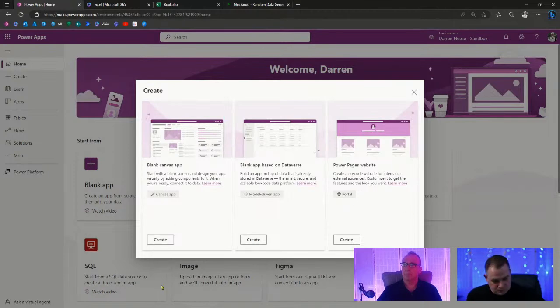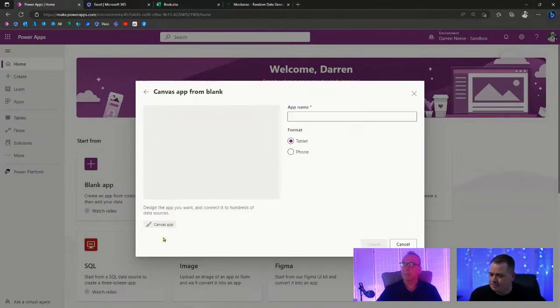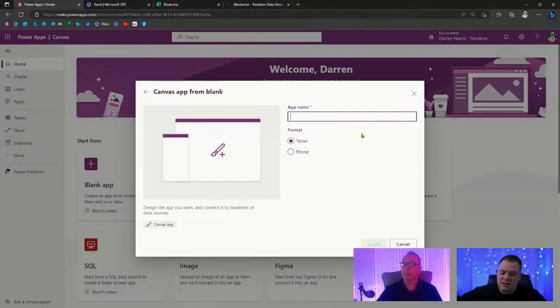Okay, so I'm going to click on this blank canvas app, and here I'm going to name it test student data. Now you have two choices here, either a tablet or a phone. Essentially it comes down to whether you want it landscape oriented or portrait. If you're building an app for your phone and you want people to hold it like this and work with the app like this, you would go with a phone. But I always like to use tablet,